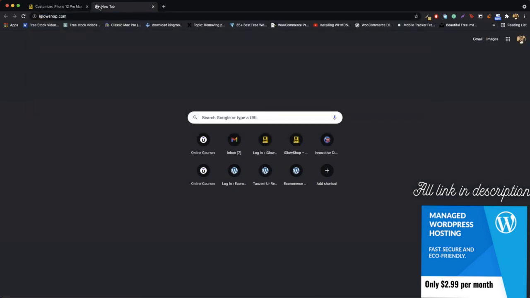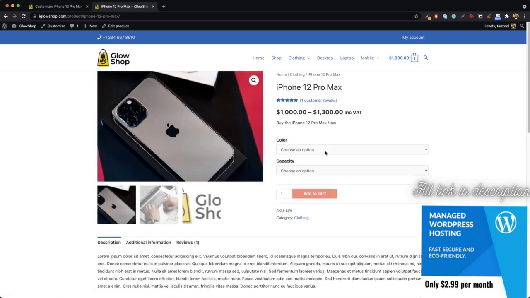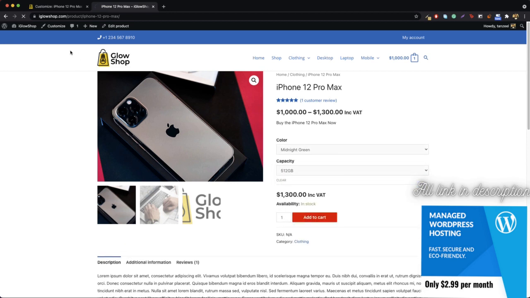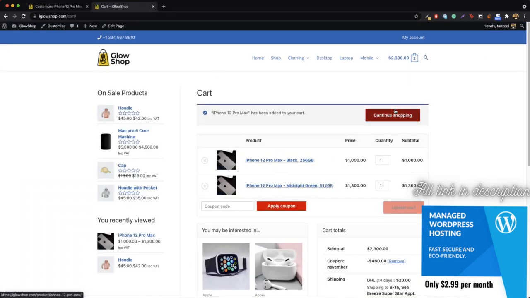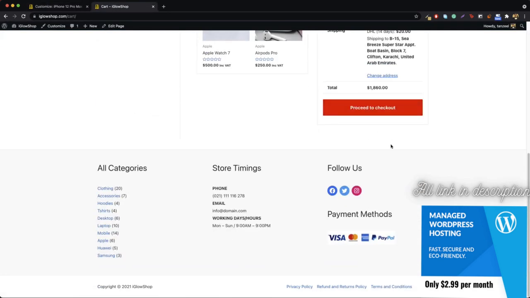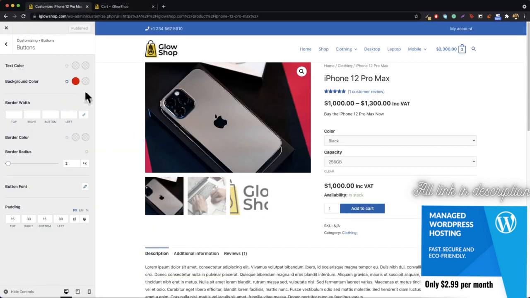And now if you go ahead and visit your website, you can see that this has actually changed to red. And when we go to our product right here, this is also changed to red. So you can decide which color you want to use. And similarly, you can select the hover color, like on hover, what should be done. You can see everything we are getting here is right here, and it is done like that. So what I would suggest is to go ahead and do it like that and uncheck this. And since I am actually using the blue color combination,